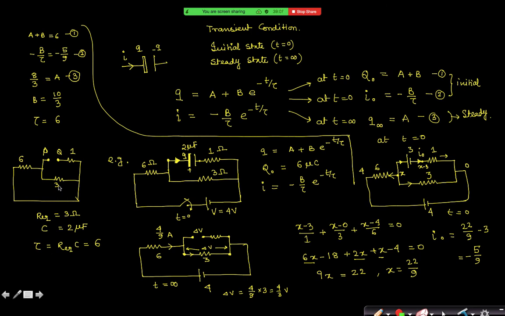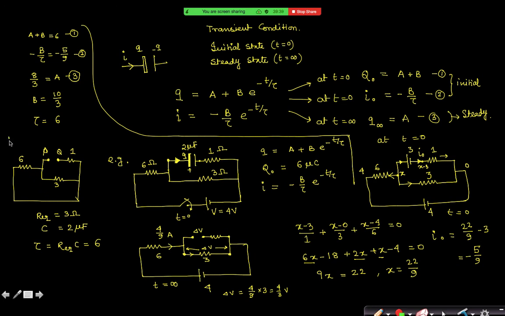It is not equal to infinity circuit. It is not even a circuit at any instant. This circuit can be drawn at any instant. Time constant does not depend on time. Time constant only depends on resistance and capacitance. For a circuit, it is constant every time and for every voltage. So remember that important concept. Sometimes they only ask you to calculate time constant to check whether you know this concept or not.